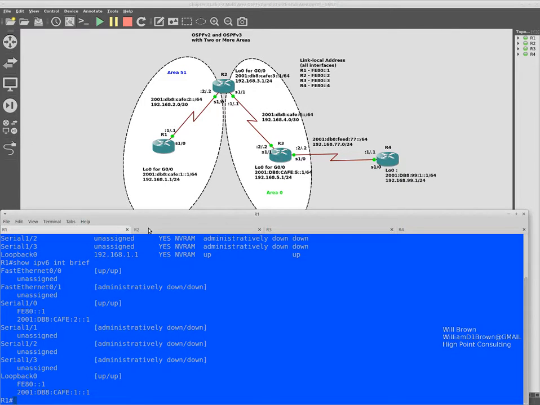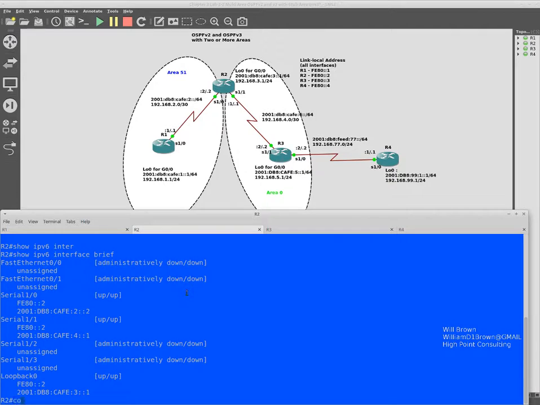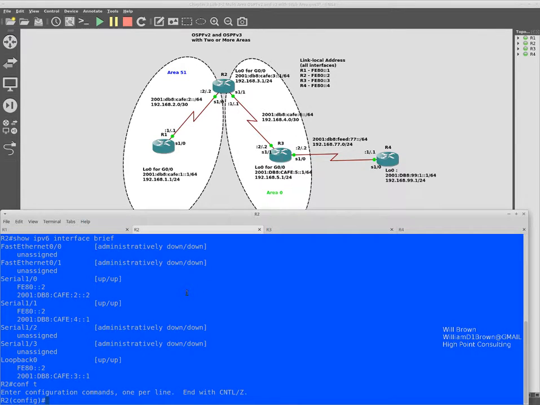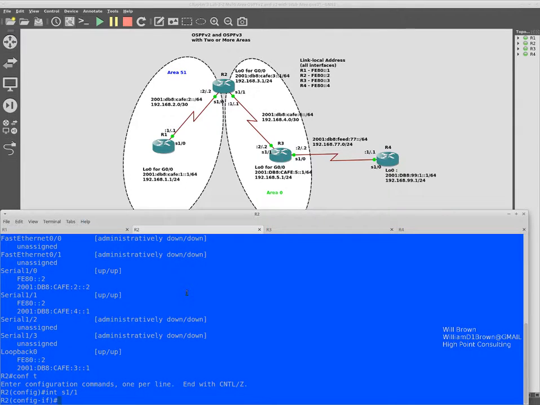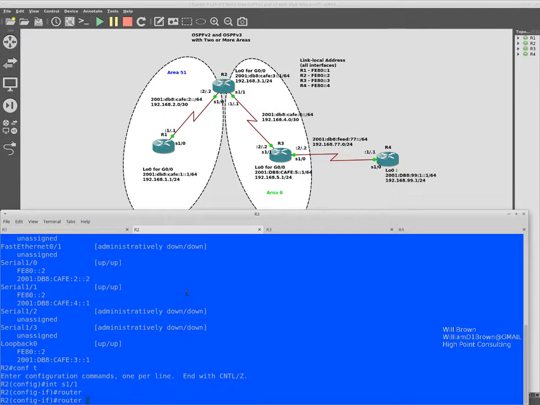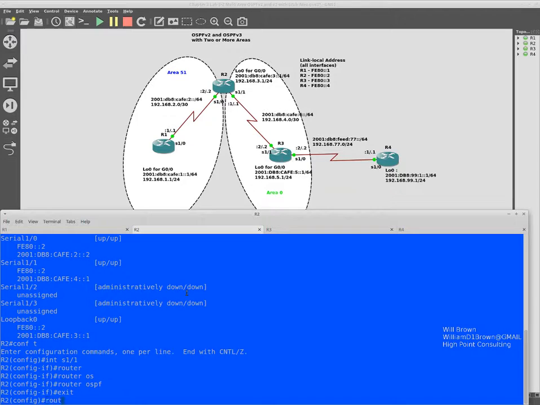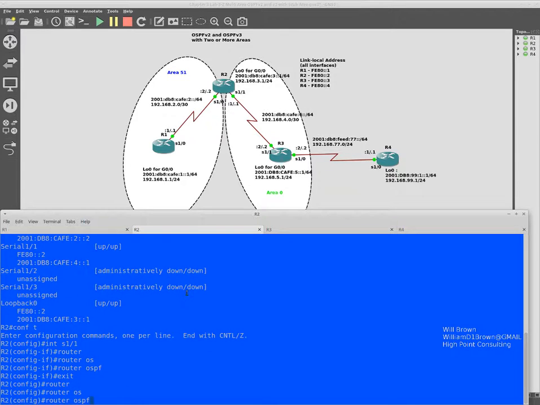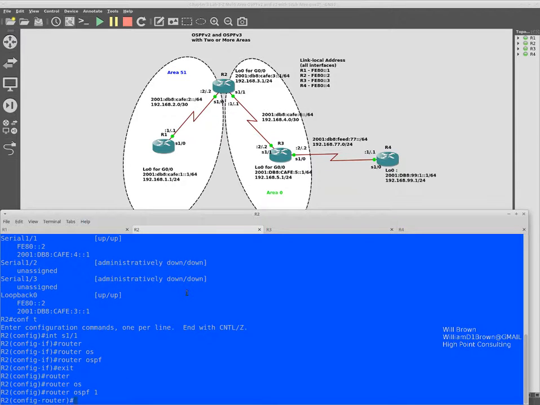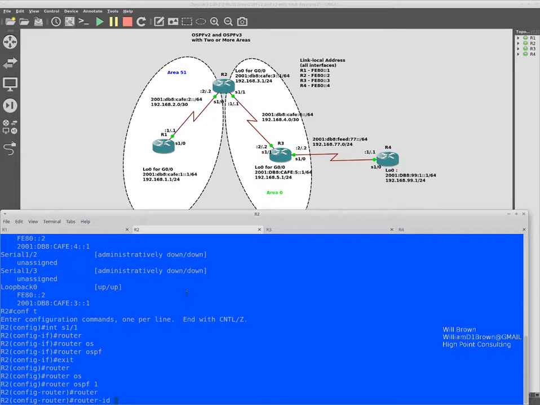We can actually start on router 2. So go into global configuration mode, and we'll go into interface serial 1/1, and there we're going to say router OSPF. Oh, I'm still at the interface level. Exit, router OSPF, and we're going to use process ID 1. And then say router ID